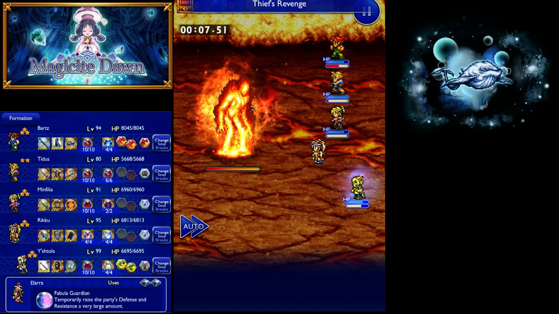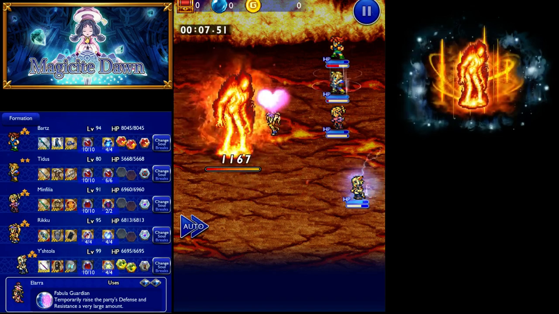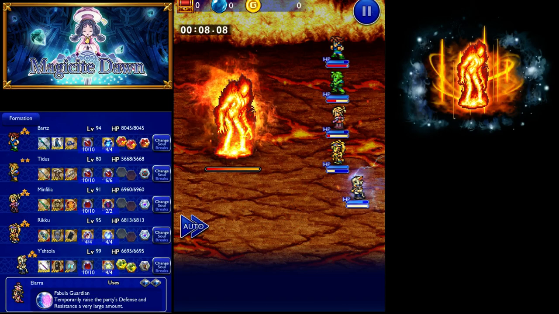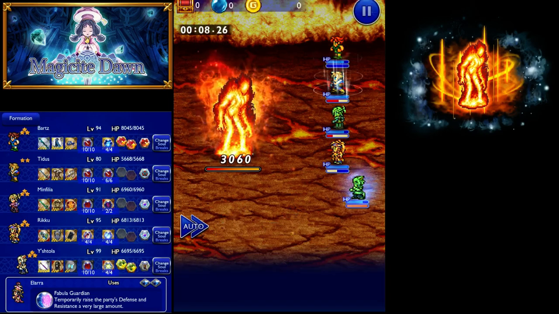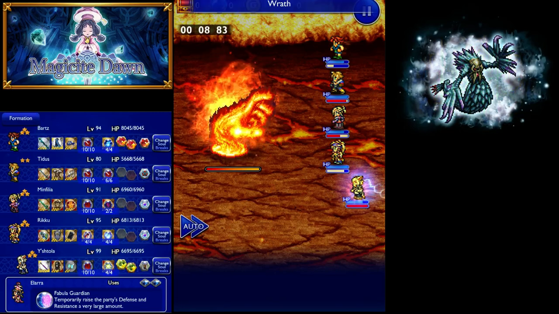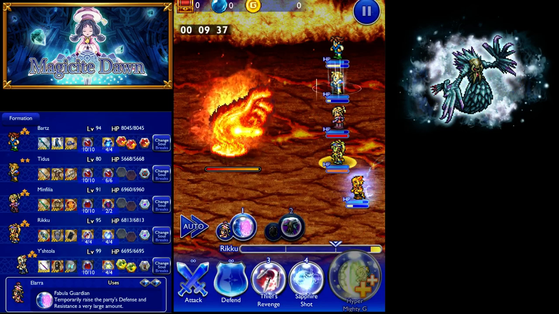God, shoutouts to Y'shtola for saving your bacon so many times when you should have fallen over. Y'shtola's unkillable, it's ridiculous. Okay, we're in hand. It's fine. It's got the poke, but it's not really a problem. Next to me, Blue. So,